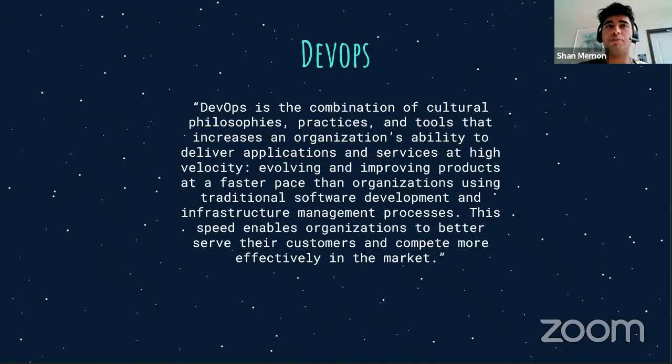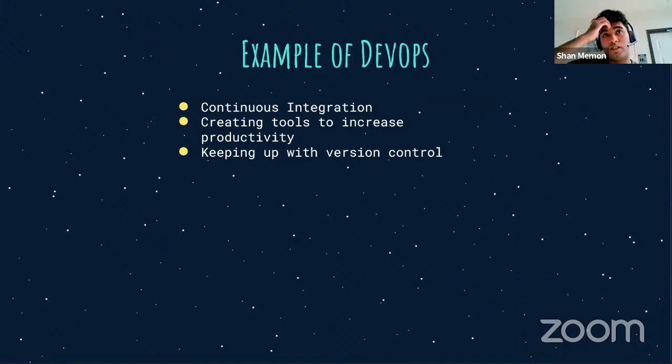DevOps is pretty important. They have their own role. They're called DevOps engineers, and they're basically trying to improve the productivity of all other developers. Some examples of DevOps is continuous integration. That's a new thing that a lot of big companies are doing now. Whenever you deploy code to production, you run through some cycle where a bunch of tests are run on the code to make sure no errors occur in production. If you're working in any big company, like when I was at Amazon, you're going to see continuous integration everywhere, especially when you deploy, because they want to make sure no code ever breaks.